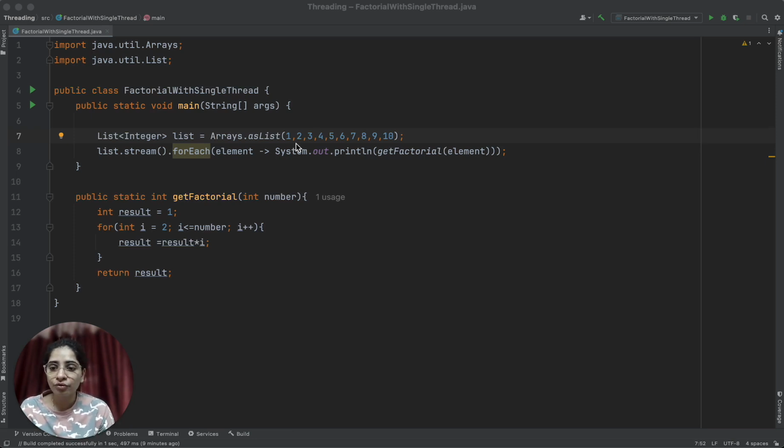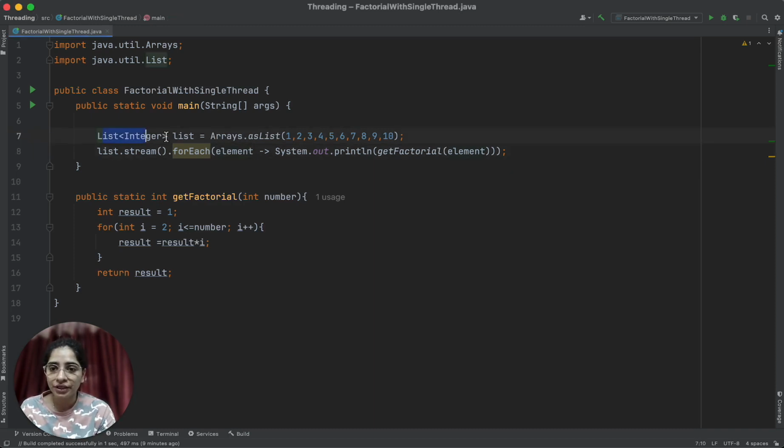So for any number, if you want to calculate its factorial, you have to start from 1, or you can say 2, because multiplying by 1 gives exactly the same number. You can start with 2, and till that number you just have to multiply all the numbers, and that will become the factorial of that number.